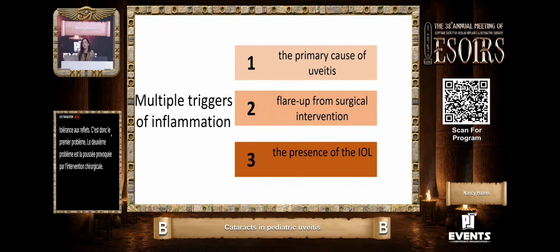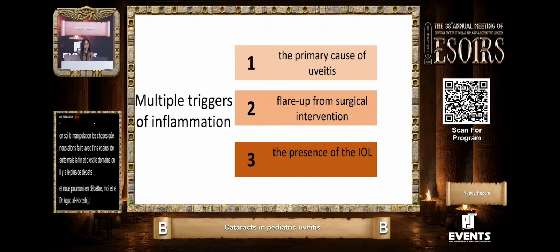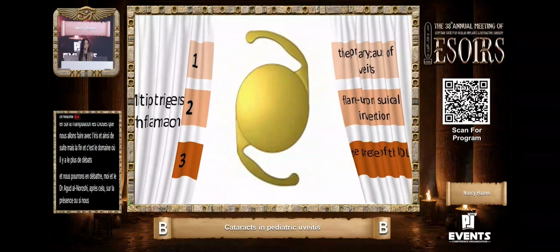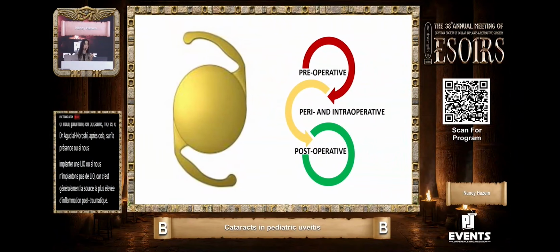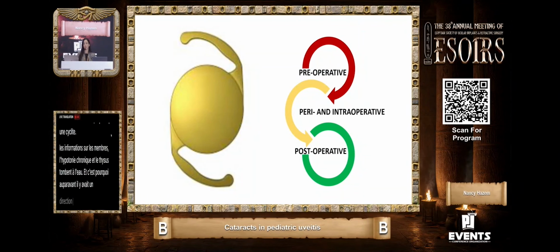But the end, and this is the area where there's most debate, and we can debate it, me and Dr. Amgad al-Noroshi after this, is whether we implant an IOL or whether we do not implant an IOL, because this is usually the highest source of postoperative inflammation. So an IOL can further propagate inflammation, as we said, and it can cause cyclitic membrane formation, chronic hypotony, and phthisis bulbi. And this is why previously there was a direction towards a lensectomy and vitrectomy approach advocated first, and then the patient goes on with an aphakic spectacle correction for life.